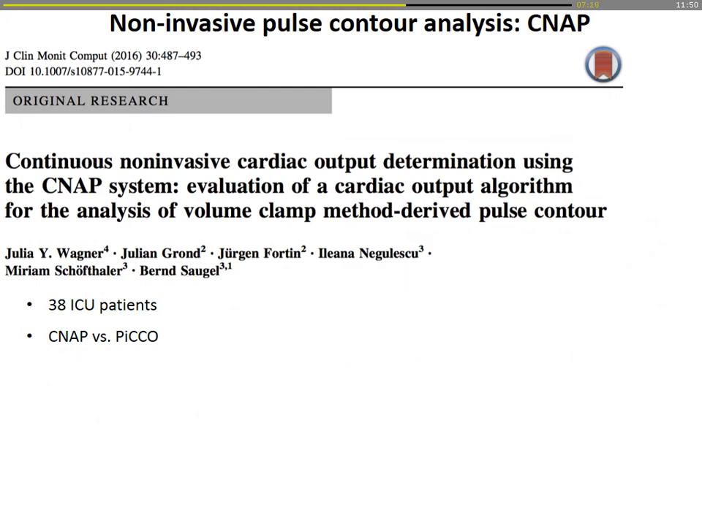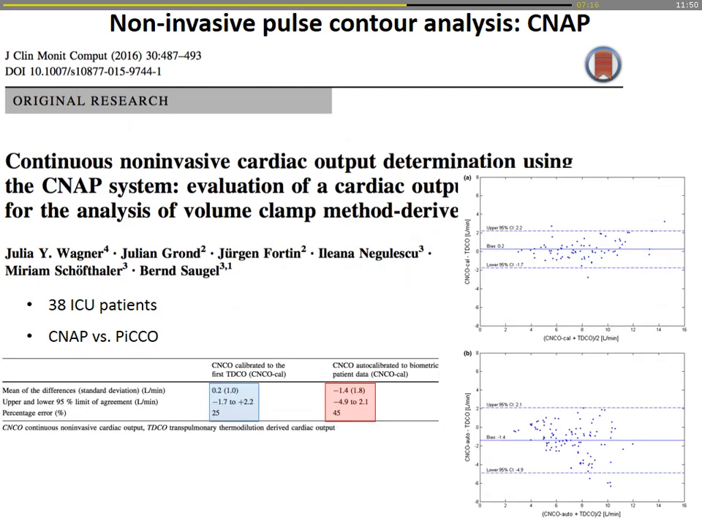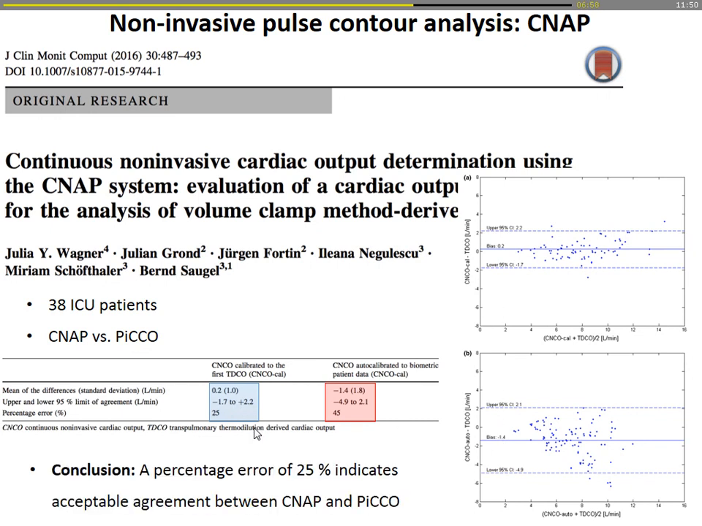He compared it in this study to the PICO, to the transpulmonary thermal dilution, and they could show that if you do not calibrate the CNAP, the percentage error was again above 40%. But if you calibrate it to the first measurements of your transpulmonary thermal dilution, then you can improve the accuracy dramatically. So then you get a percentage error of 25%, which is below the 30% limit, and indicates an acceptable agreement